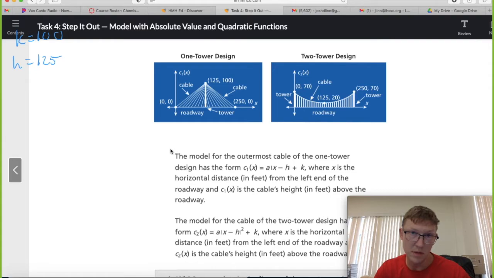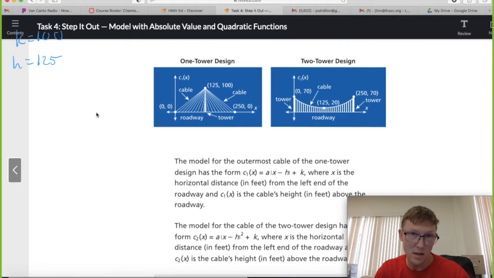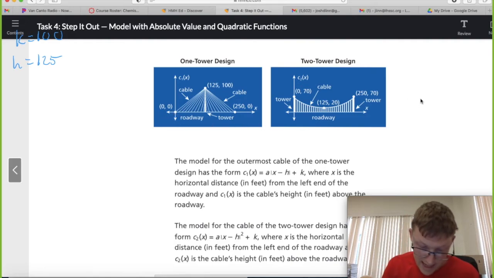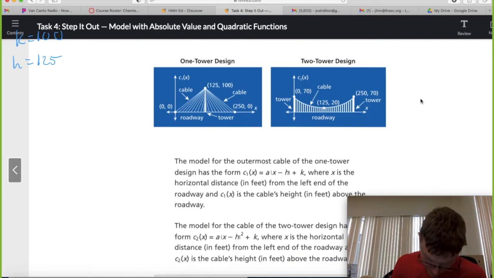Yeah, so I think we can use any point we want to find a. I'm going to say let's use a really easy point like 0, 0. So if we use 0, 0, and I'll switch to red, that means that if we plug everything in, 0 equals